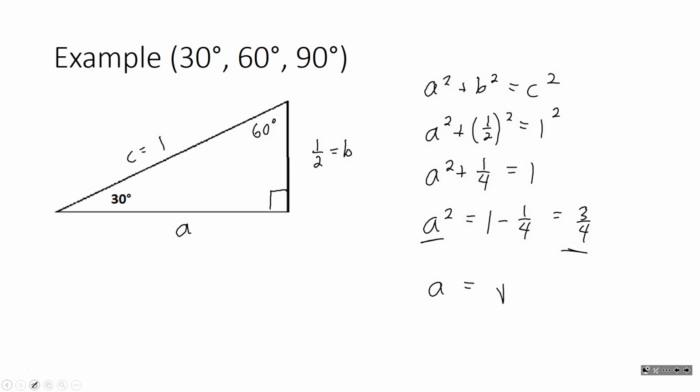The right-hand side would be the square root of 3 over the square root of 4, or rather over 4. But I kind of anticipated what I'm going to show you next. Just as in the last example, we'll break up that radical, square root of 3 over square root of 4. And notice that the bottom will just naturally turn out to be 2. The square root of 4 is 2. So we're good. We don't have a radical in the bottom,